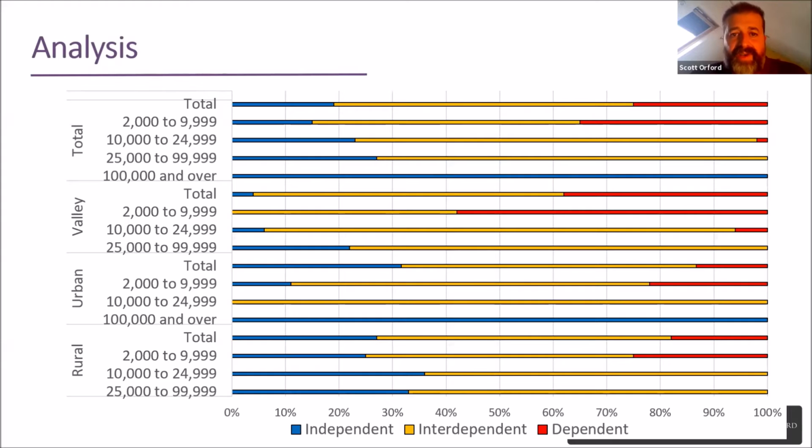And if you look at the valleys, it takes a bit of looking at, but what you can see is that the valleys places tend to be less independent and more dependent than other places across all the town sizes. So it isn't just a function of town size, settlement size. There is something else going on here to do with the type of local authority it's in. So this suggests that the composition of towns and valleys, along with relationships between towns, could be quite different to those seen in other parts of Wales.